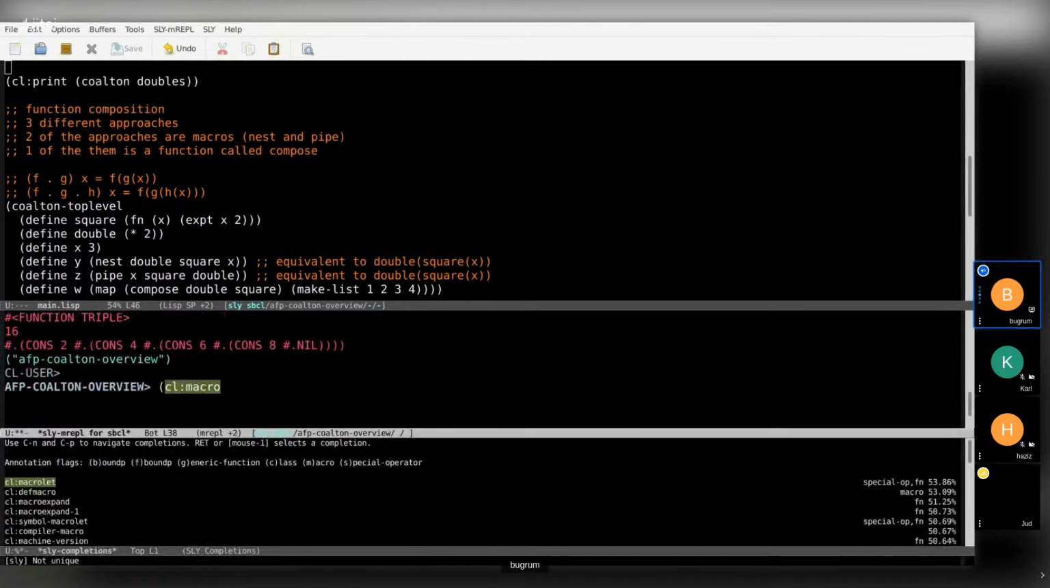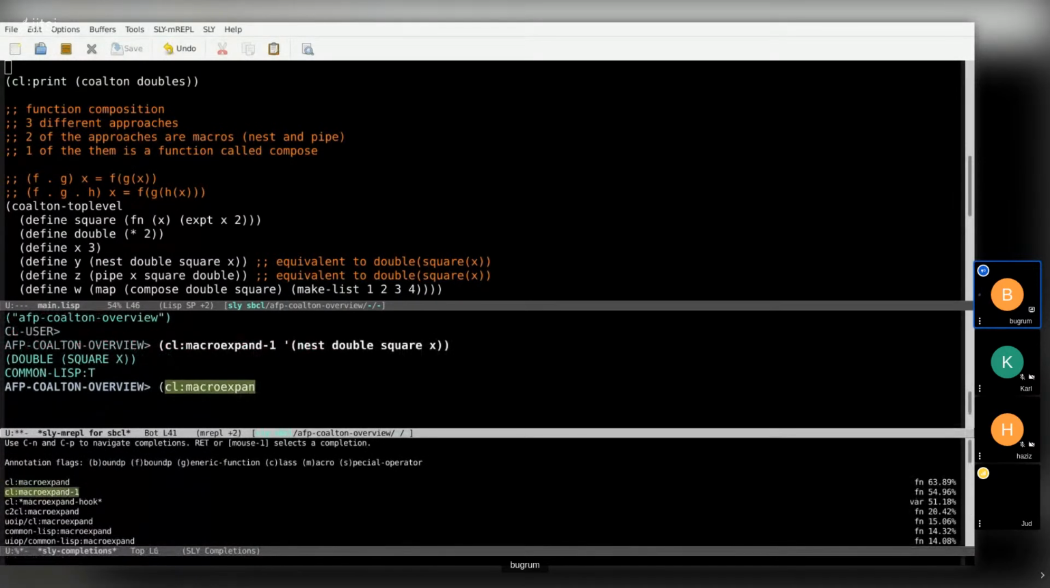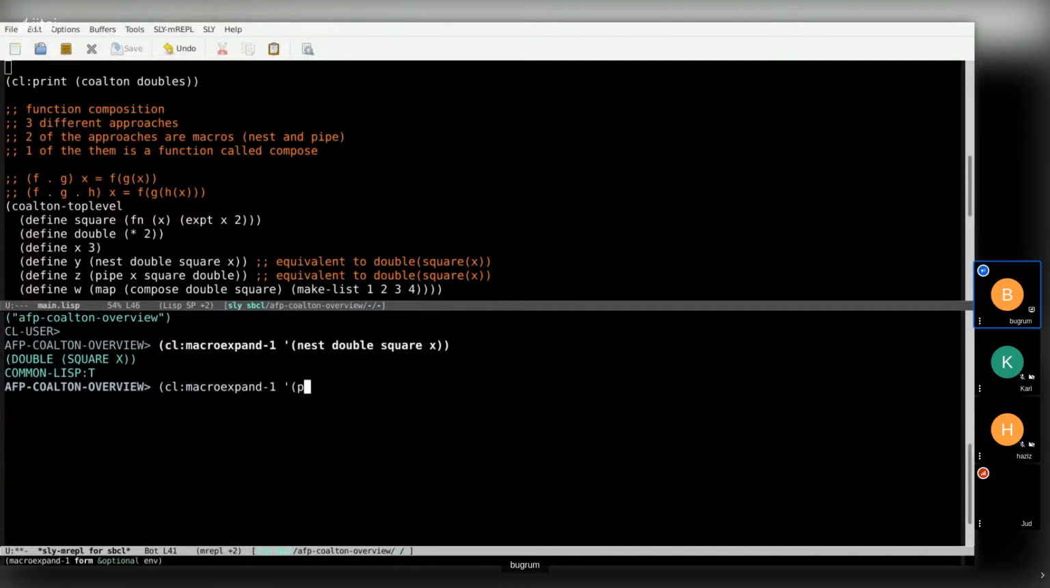But we can then call macroexpand-1, as we can see here, and we can just call nest double square x, and we can see that it calls, as expected, nest double square x. But if we do cl macroexpand-1 on pipe, where if you remember,